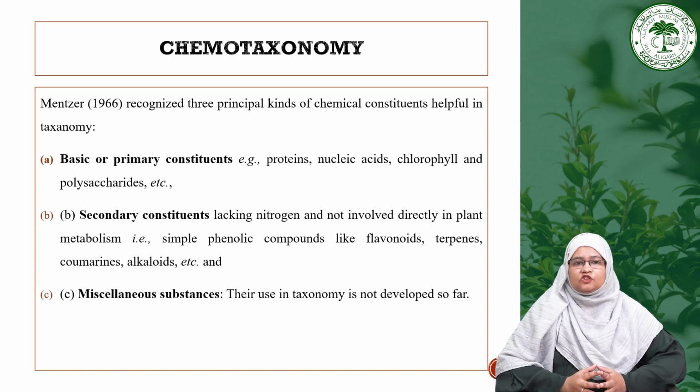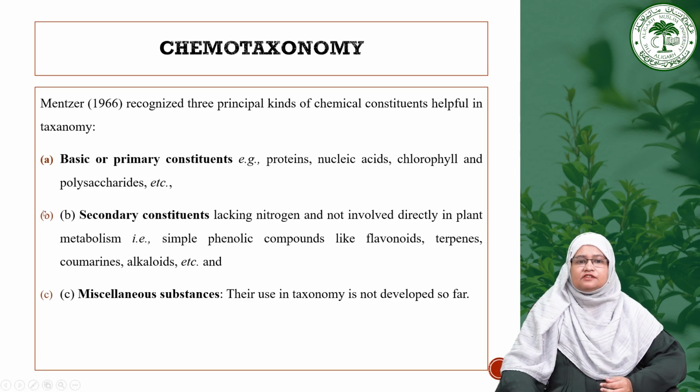And this chemotaxonomy, according to Menzer, recognized three principal kinds of chemical constituents that are helpful in taxonomy. The first group is the basic or primary constituents, that is protein, nucleic acids, chlorophyll and polysaccharides. Then the second group is secondary constituents, that lack nitrogen and are not involved directly in plant metabolism, like simple phenolic compounds, then flavonoids, terpenes, coumarins, alkaloids and many others. Miscellaneous substances, their use in taxonomy is not